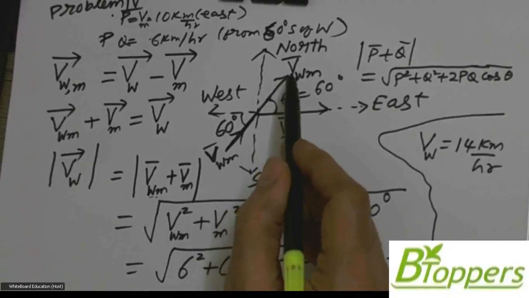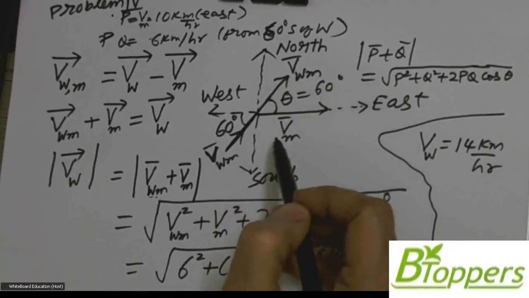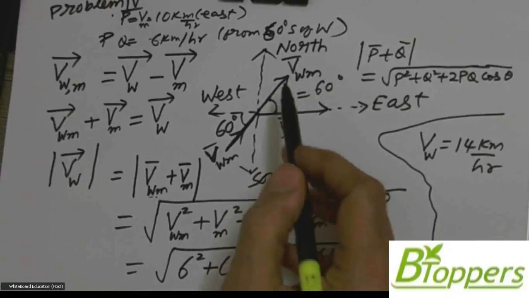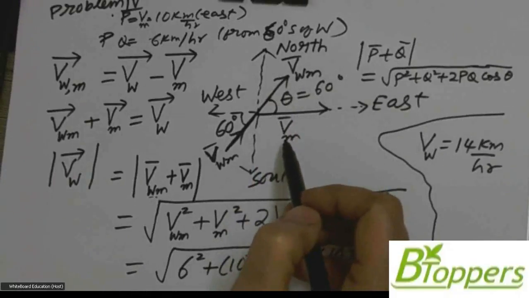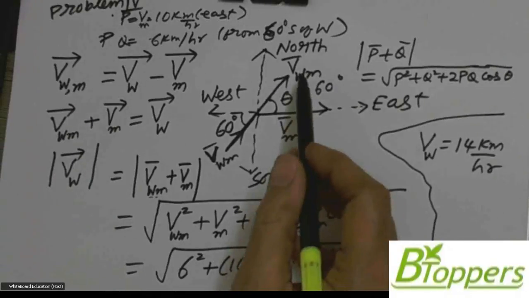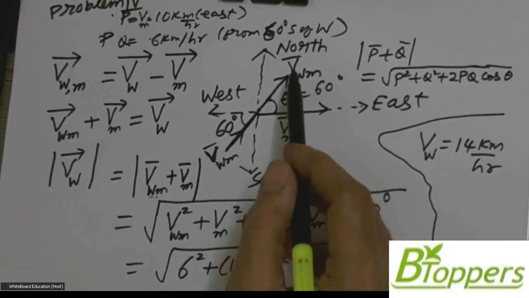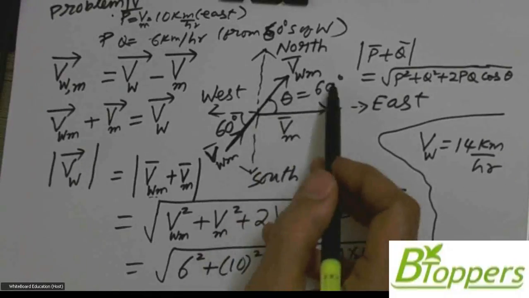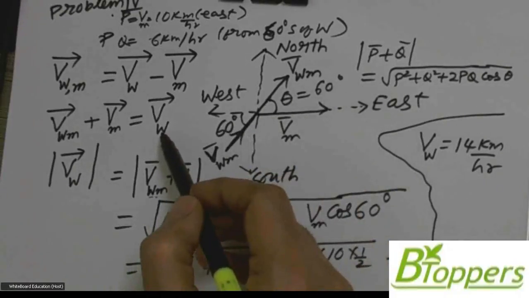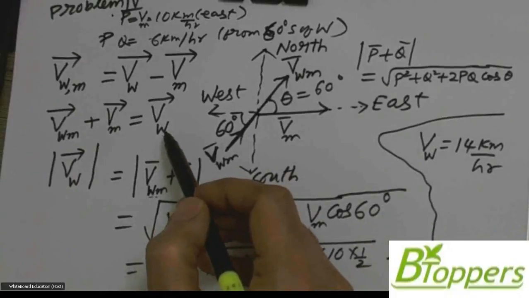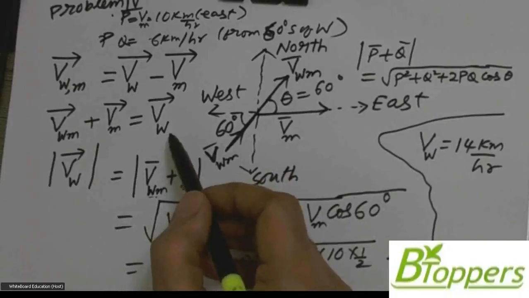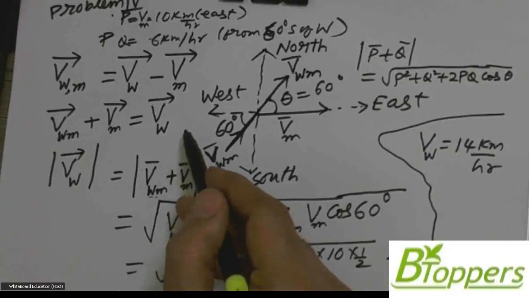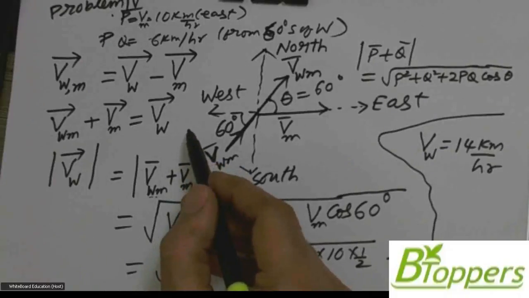you should try to complete the parallelogram with the two vectors P bar and Q bar as the adjacent sides. P bar means here V_M bar, Q bar means V bar subscript W L. And the diagonal represents the resultant of P bar and Q bar, means the diagonal represents the actual velocity of the wind. To find the direction of the actual velocity of the wind, you can use the formula tan alpha equal to Q sin theta by P plus Q cos theta.